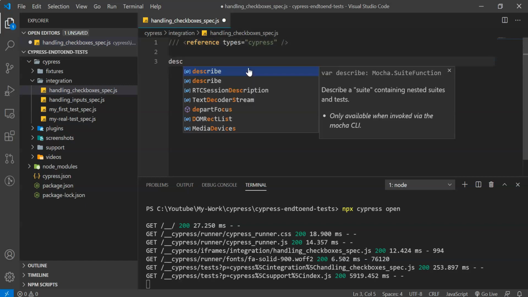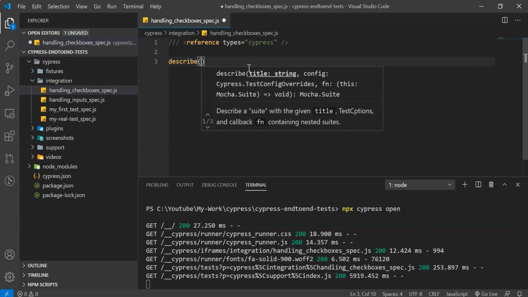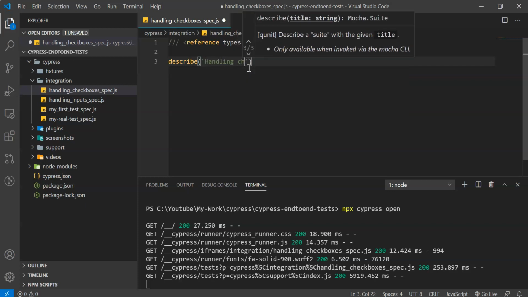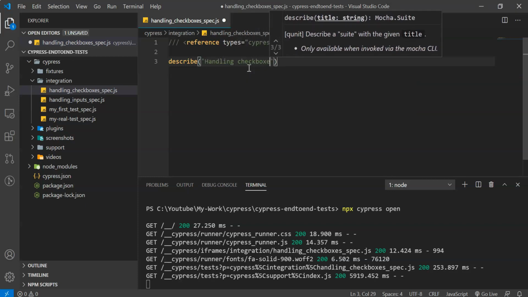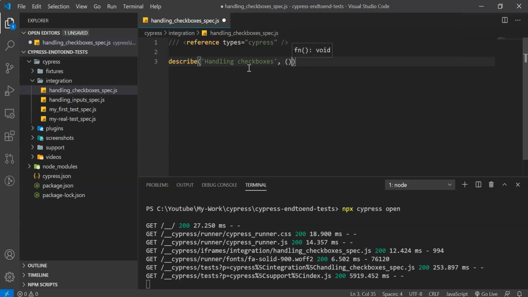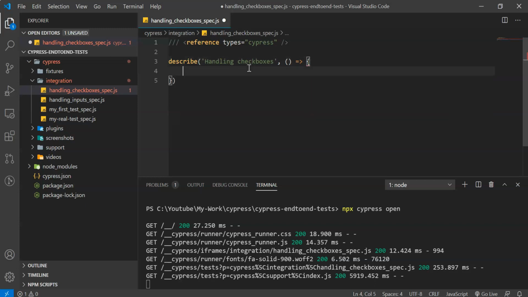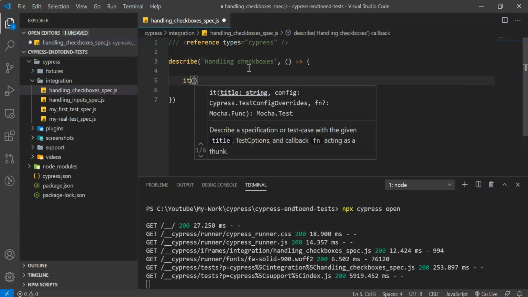I'm using describe to define our test file name, handling checkboxes, and we need to pass the method here. After that we need to create a test method, which is it,